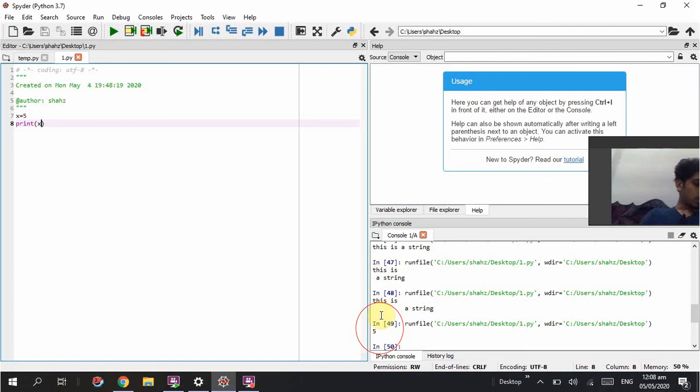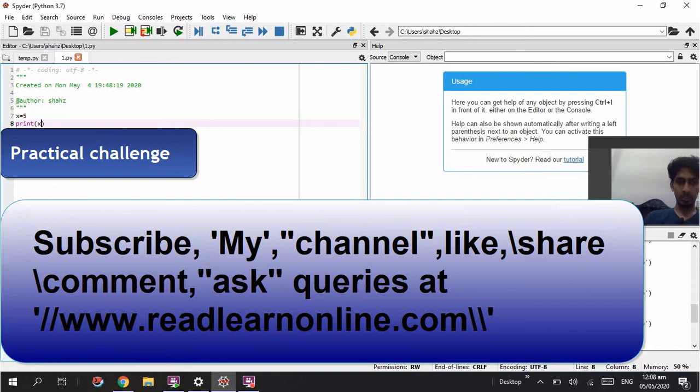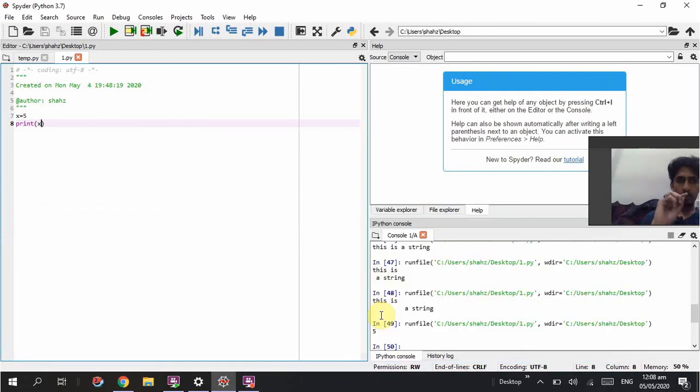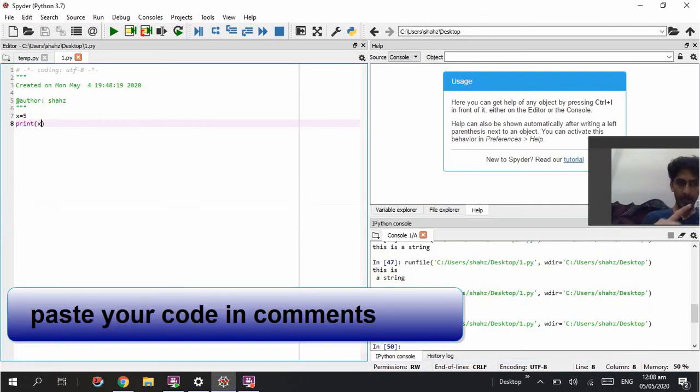Okay, now it's time to have a challenge. I'm going to give you a challenge. The thing you are watching on your screen here, I want you to code for this output using the print command, right? And you should paste that